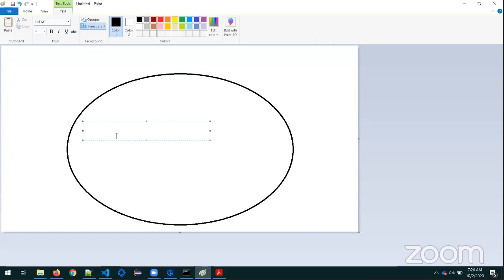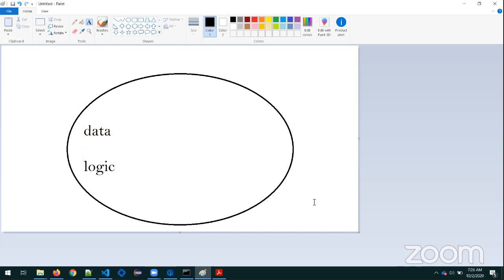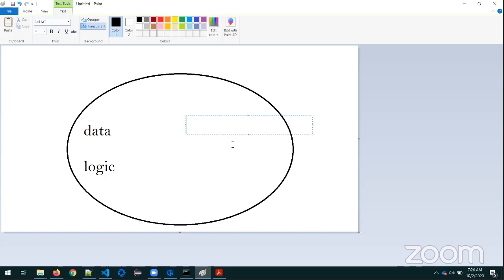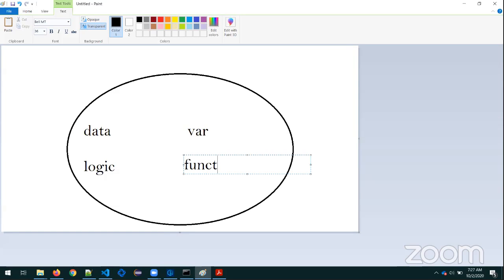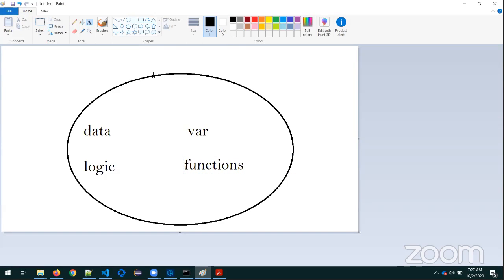I will say this one, data, and logic. Any program deals with what, sir? Two things. Now I am asking the question, where do we store the data? Guys, where do we store the data? Variables. And where do we write the logic, sir? Functions. Where do we write the logic? Functions. So right now, very simple,